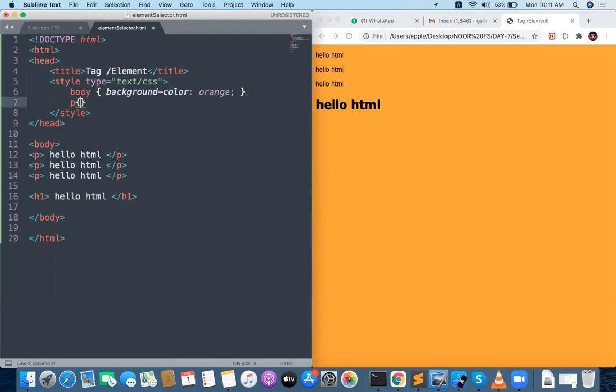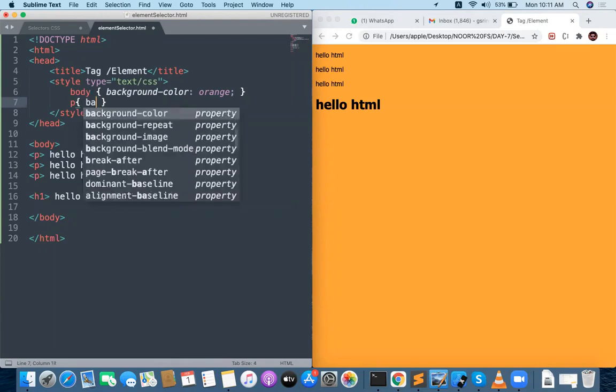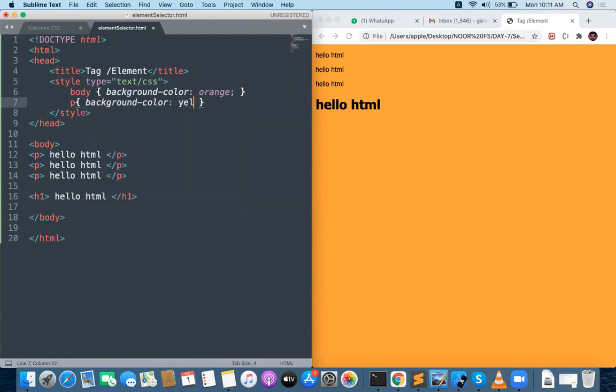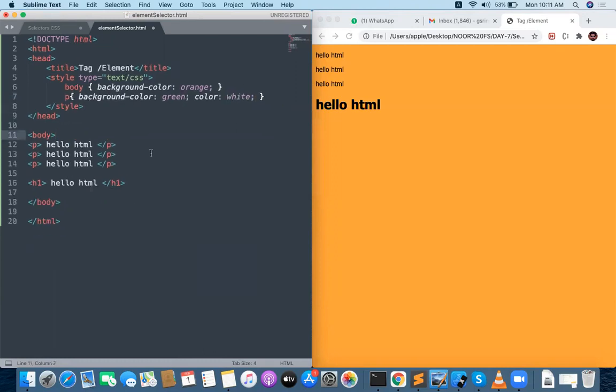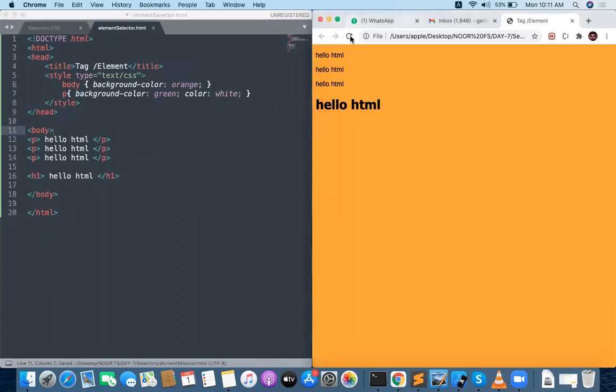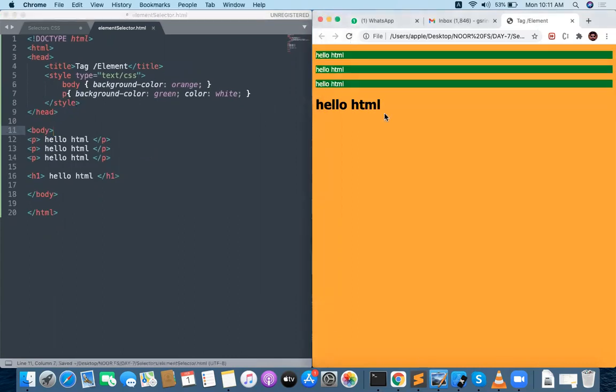Then access the P tag, and the P tag background color should be something like yellow, sharp yellow or green, and the color will be white. I am writing CSS exclusively for the paragraphs. All the paragraphs got a style change.